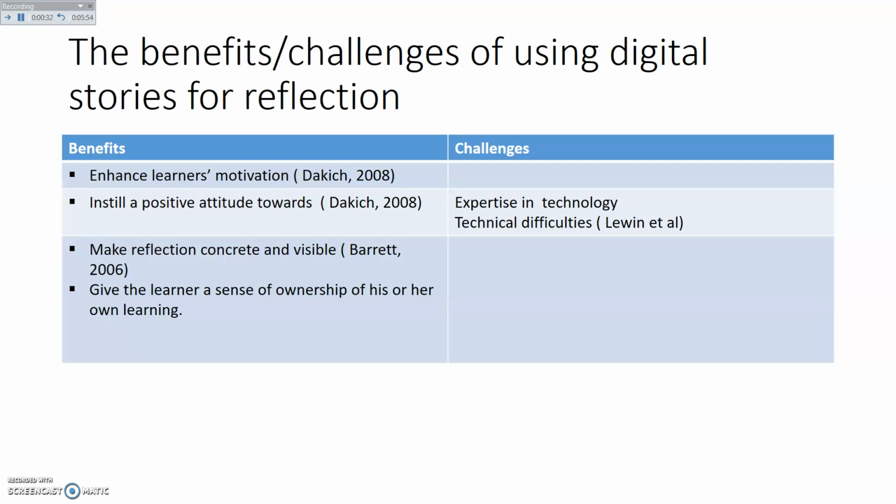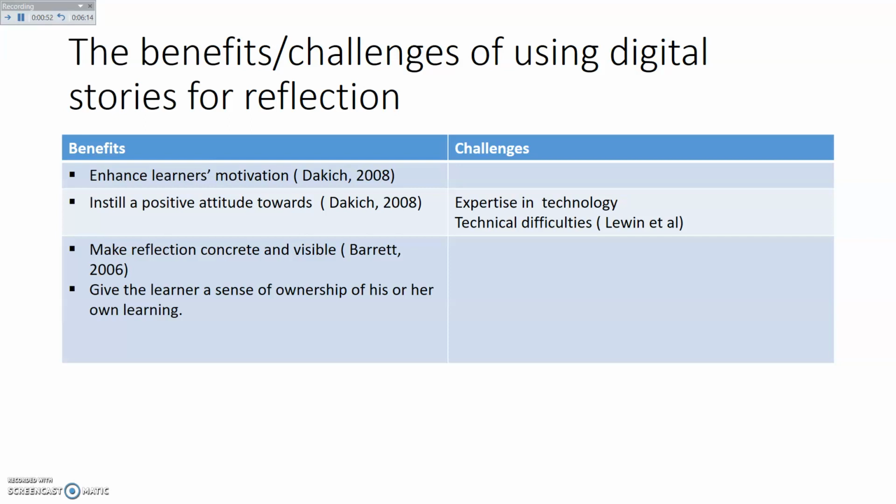So it is very visible, and it also gives the learner a sense of autonomy. The learner is really in charge. Nobody is telling the teacher or the learner exactly what you did wrong or what you did right. It is really before his or her eyes.